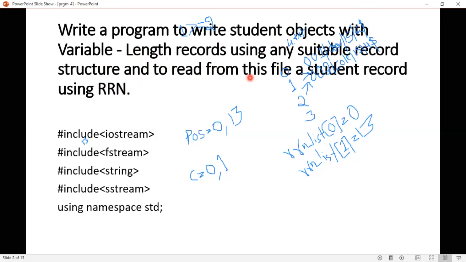And read from this file a student record using RRN. RRN means relative record number, which starts from 0, 1 to 3. It is a continuous number from some point. RRNs can be 0, 1, 2, 3, or it can be 1000, 1001, 1002, or you can also have RRNs starting from 100, 101, 102, and so on.